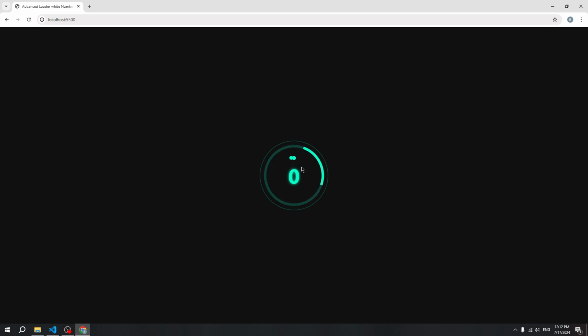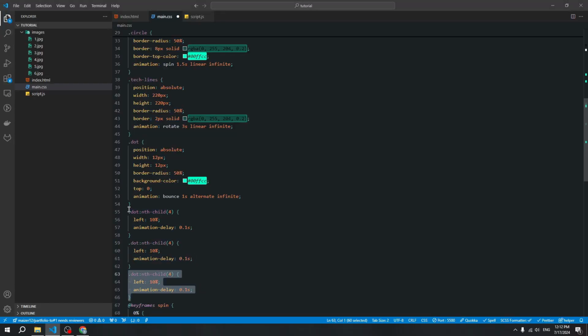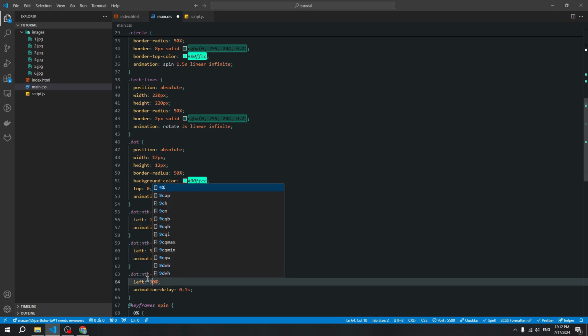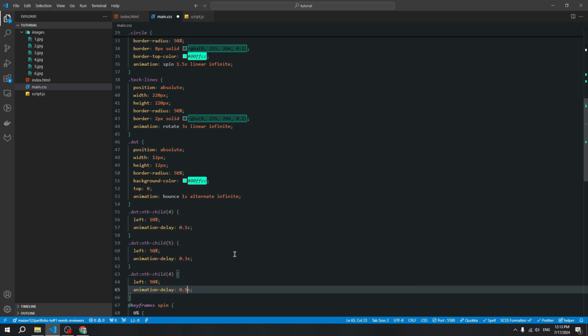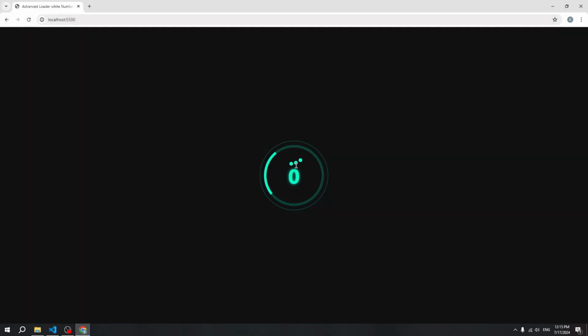Okay, let's look at the window. Like you see, now we see 2 points, and let's do the same for our last dots. Duplicate this code 2 times and change our property. Okay, I think it will be enough. Let's look at the window, and like you see, everything works well, and next step we can start creating logic